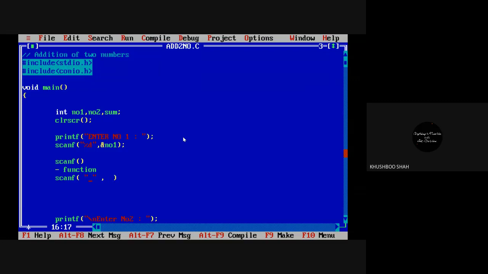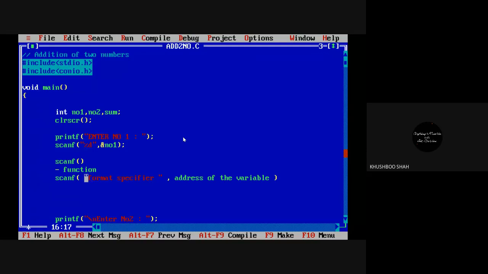So this place is for the format specifier, and this place is for the address of the variable. So the scanf statement is divided into two sections.